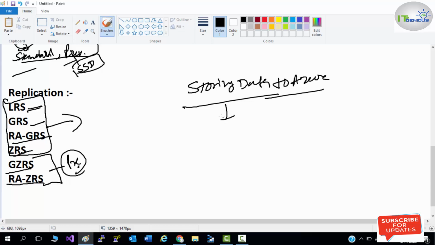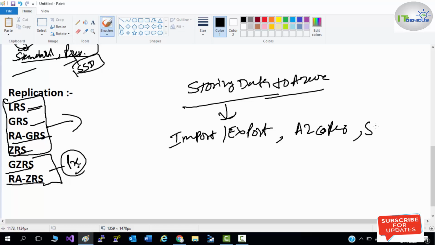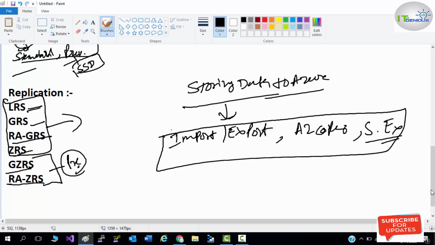You can use the Import/Export service. You can use AzCopy to sync or copy your data from your local system to Azure. You can use Storage Explorer to store your data. You can use REST APIs to store your data. These are a few options which you can use to store your data in your storage account.